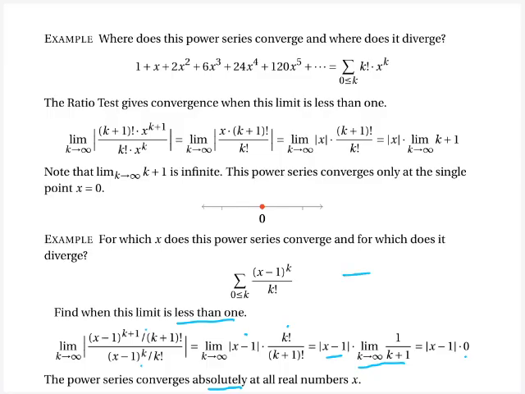I didn't bother to draw the number line here. It didn't really fit on the page very well. But if I had drawn the number line, it would have been everything. I would have colored in everything. So in fact, what we're finding is that if the limit is 0, then in some ways you're getting sort of 0. You're getting a plus and minus infinity. It's a little bit silly to write, just like it was a little silly to write here a plus and minus 0. But okay,